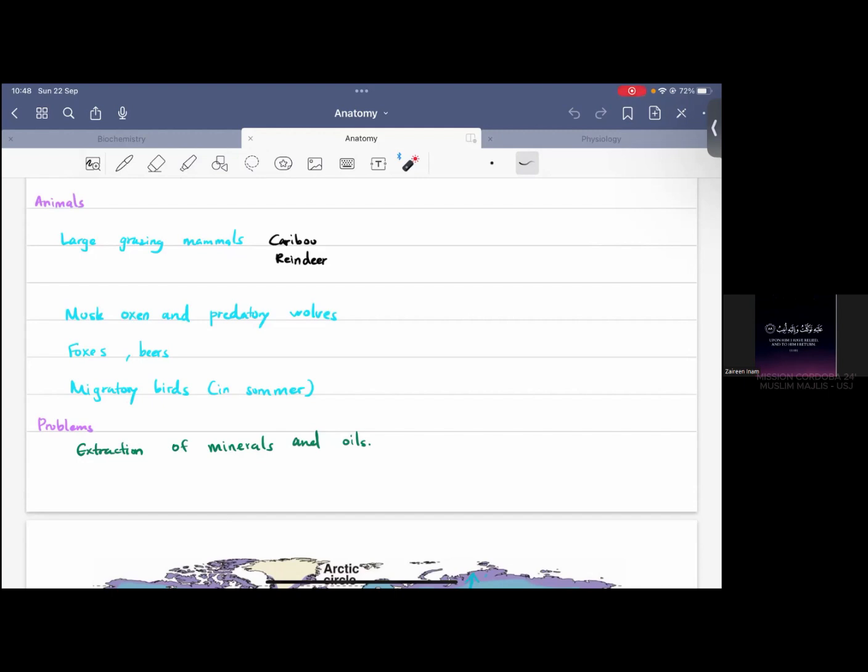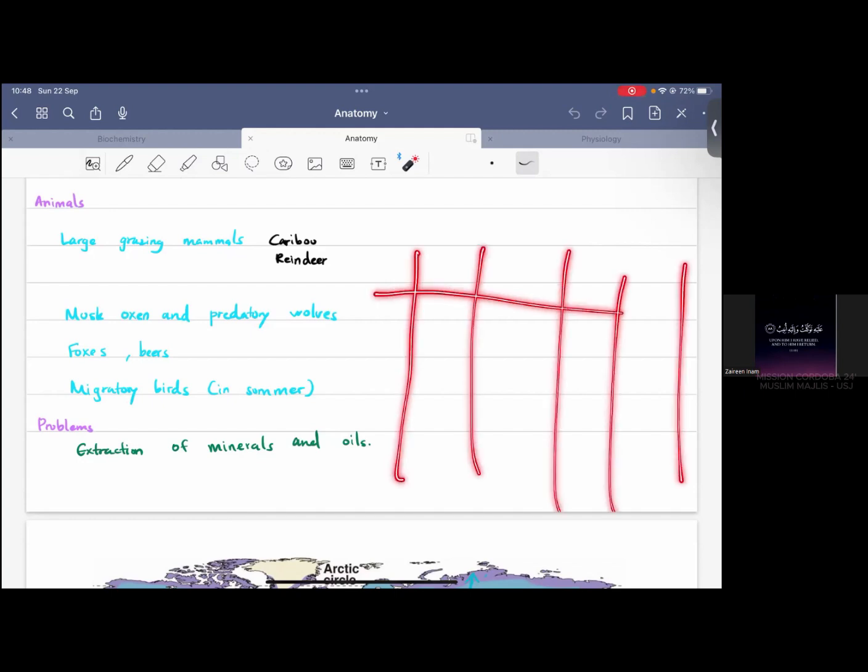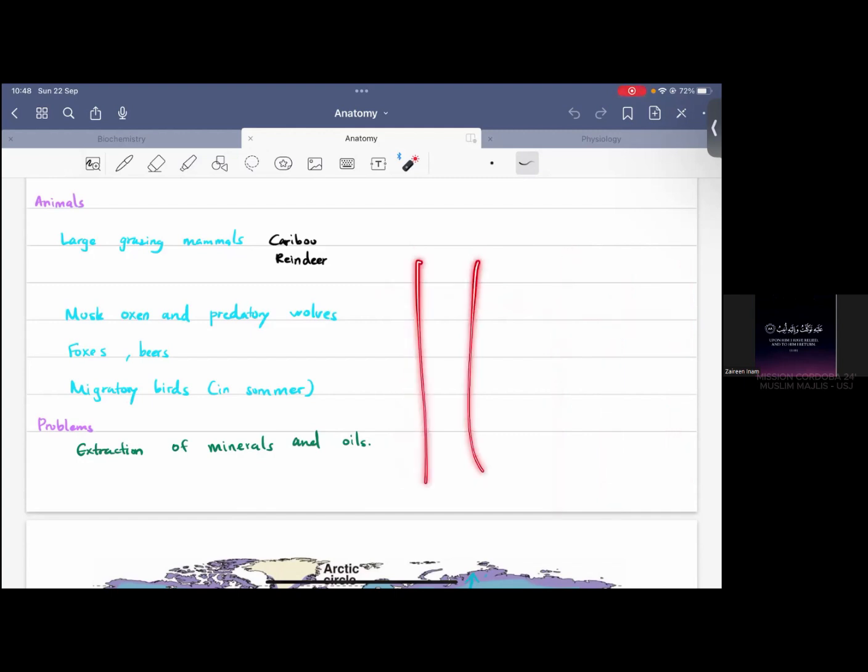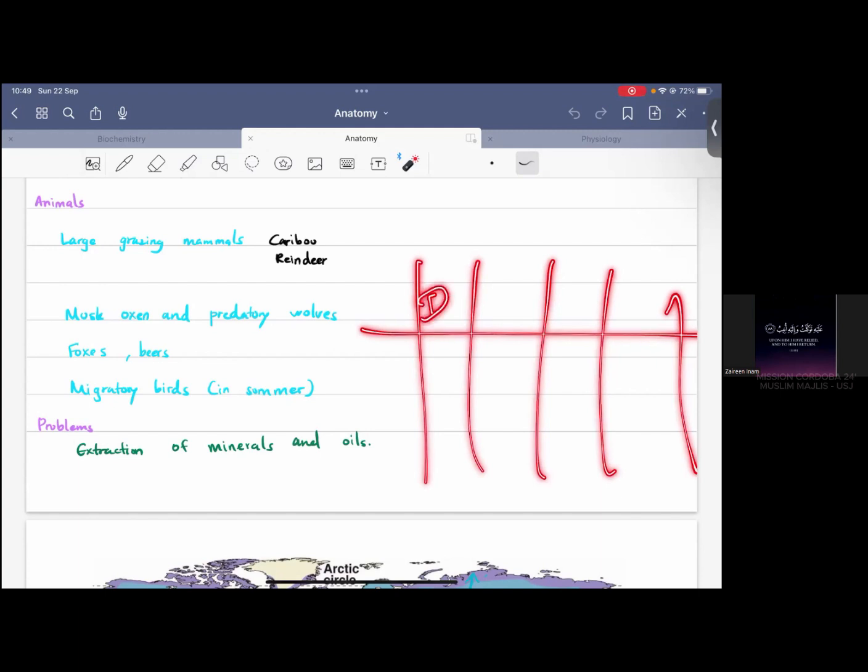But then what you can do is, after finishing this class, you can take a big A3 paper, like two pages combined together, and you can put a chart. How can you put the chart? Now you can divide your paper like this, and then you can write here the distribution, the rainfall, temperature, animals, plants, and